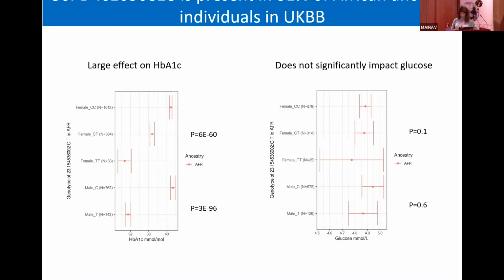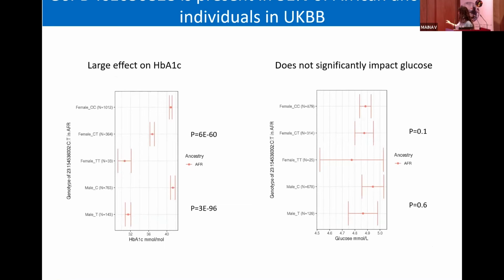And we've actually recently gone on to look at this variant in the UK Biobank, and this is present in Biobank in 31% of African ancestry individuals who are carriers for this. And again, we see a very strong effect. This is their effect size in terms of HbA1c, and this is comparing,